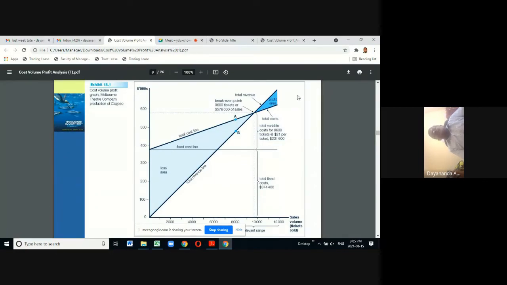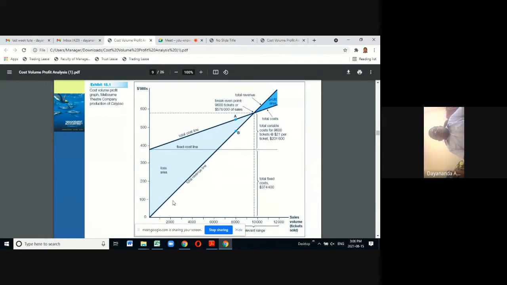Okay, right. Then it comes to the total revenue. Total revenue starts from here, because when you sell 0, the answer is 0. The price of one ticket is given as 9,600. Tickets 9,600, the sales there come to 576,000. You can work out the ticket from that, by dividing 576,000 by 9,600.